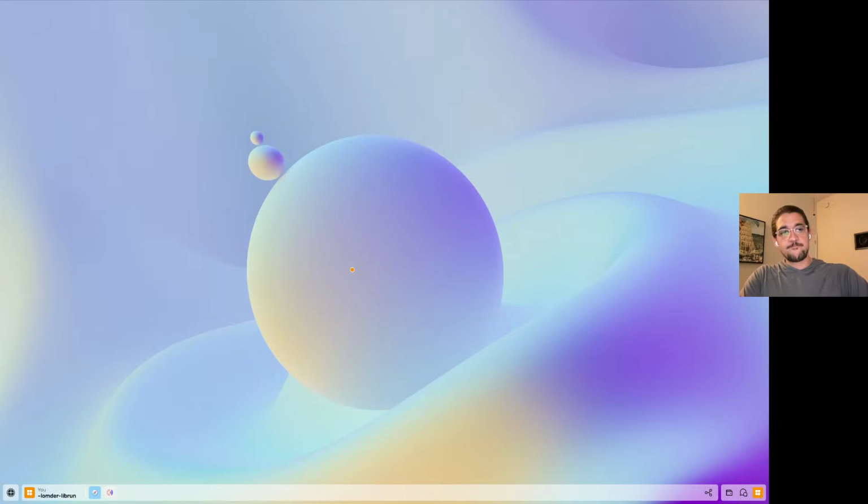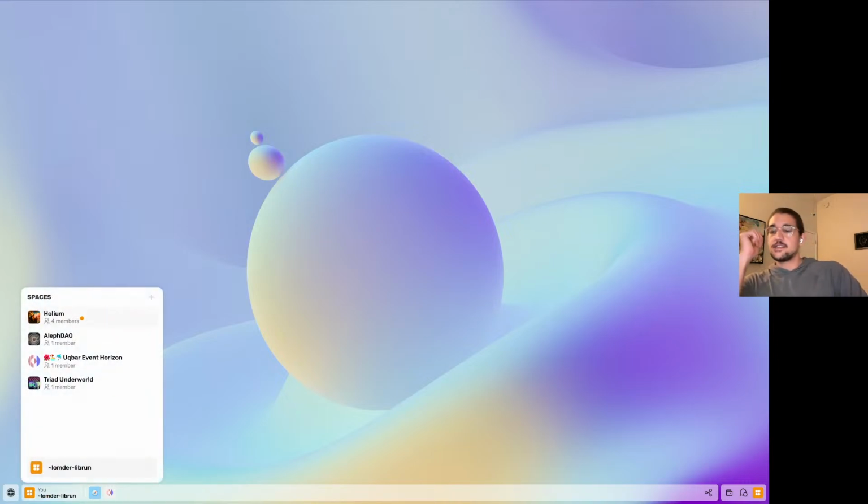All right, so this is my personal space. We refer to it as the R space. So yeah, the idea of spaces is that they're kind of mapped to groups in a way, but at the same time,